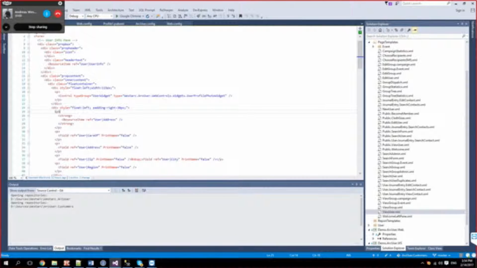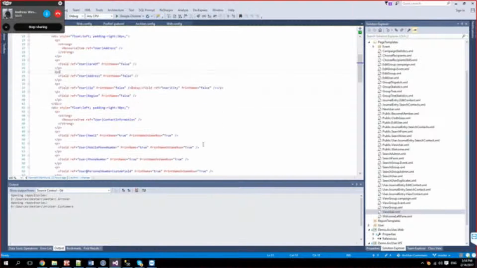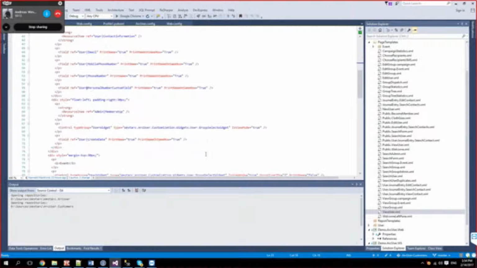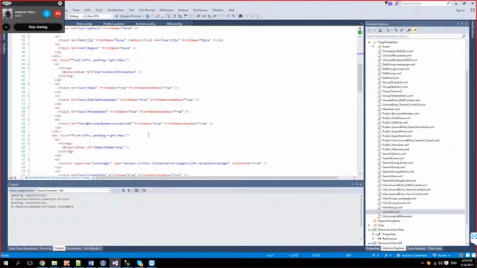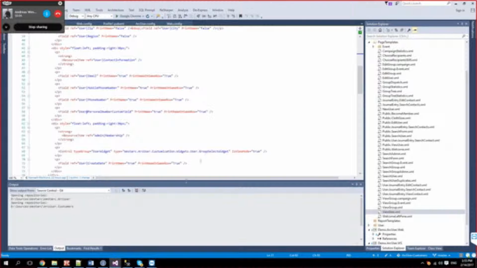So let's have a look at this module then. Westarc Arc user, web controls, widgets. Let's see, that's a bad example. Yeah, we'll take this one instead. Westarc Arc user customization. That's the place they should be in Arc user, in the namespace. This namespace, we shouldn't use anymore. It's legacy. Okay.